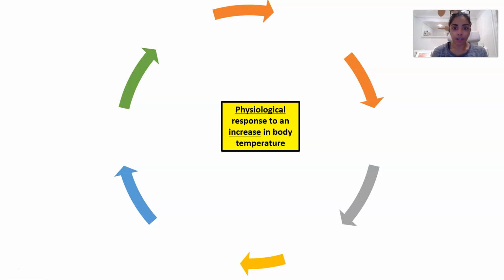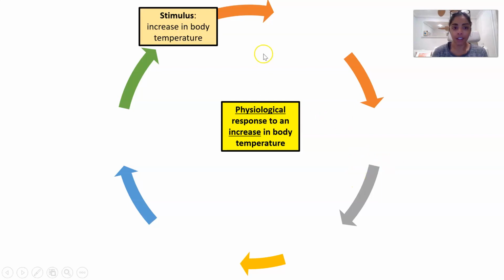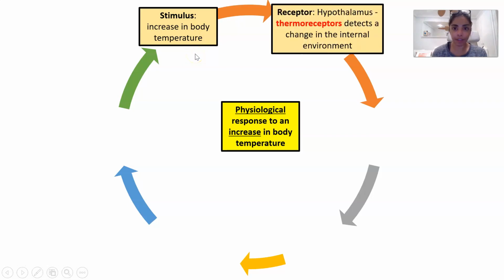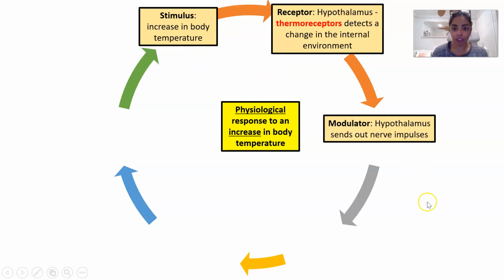So, first thing we're going to be looking at is the stimulus. So an increase in body temperature has happened, so we may be approaching 38 degrees. Anything above 37 is above body temperature, which your body doesn't like. It could be dangerous. So therefore, the central thermoreceptors in the hypothalamus detect that change, and the modulator sends out